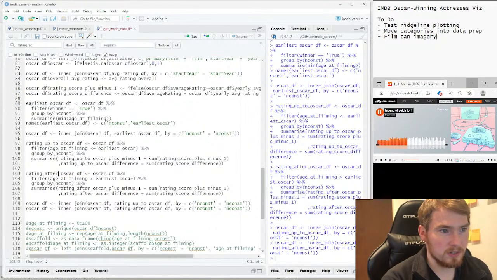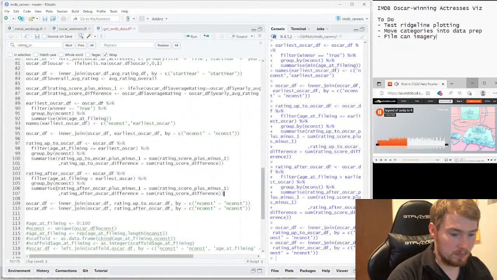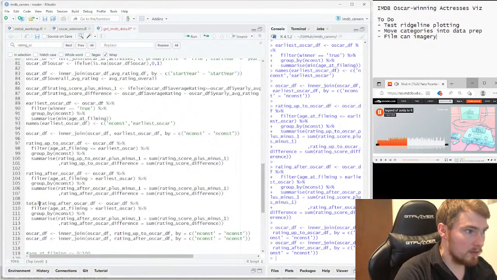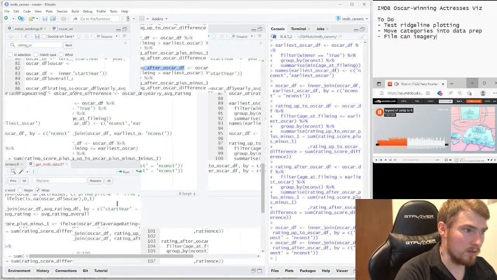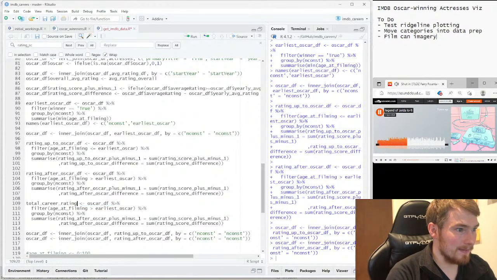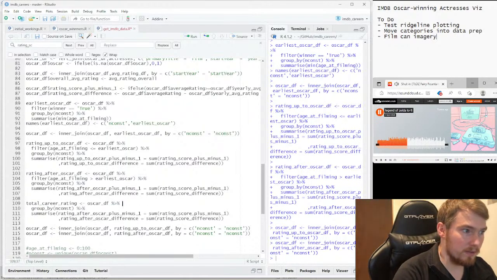So I suppose I could just do this. So I could do total rating. Get rid of the filter. Goodbye that.